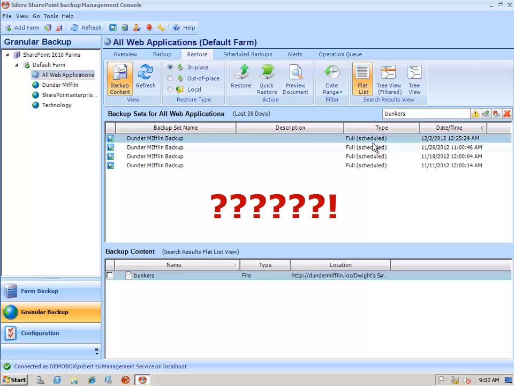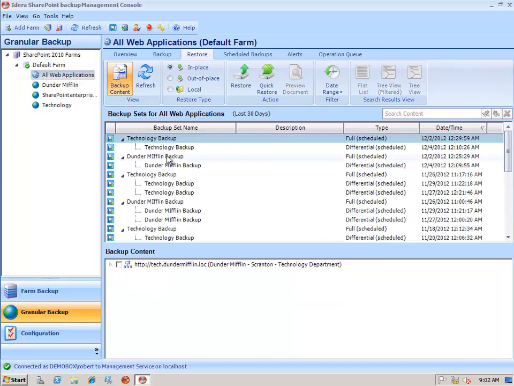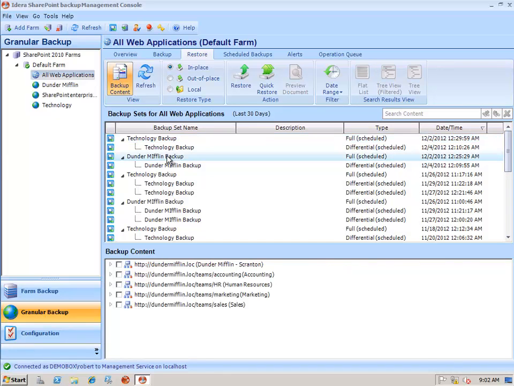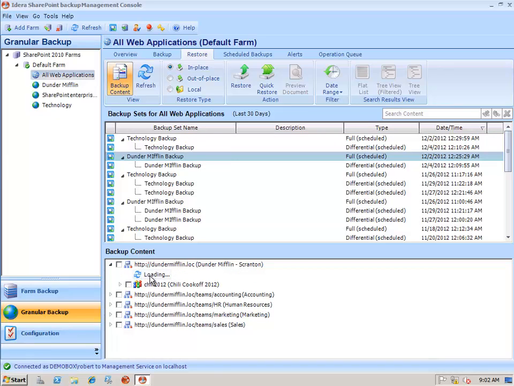Now you say, well, that whole document library, what if there's changes to it and so forth? Well, one of the nice features about SharePoint Backup is that we have what's essentially a differencing restore. So if I see this file right here, all right, so the second is the last good copy that I have of that. I can go ahead and X out my search results. My set from the second is right here, Dunder Mifflin Backup. So what I can do is, based on what that told me, that's in Dwight Survival Guide document library, I can just drill right down into that site,